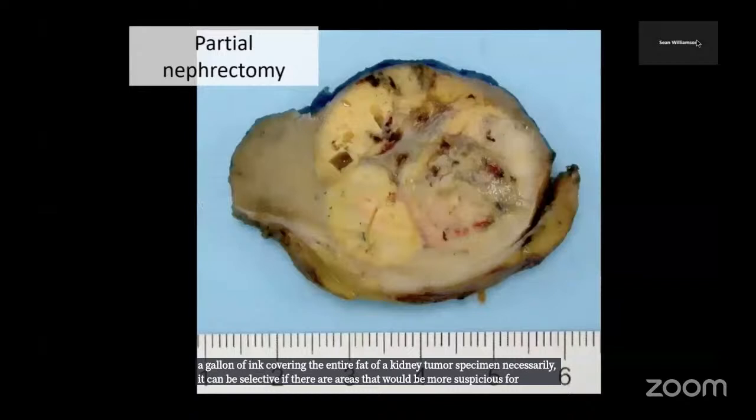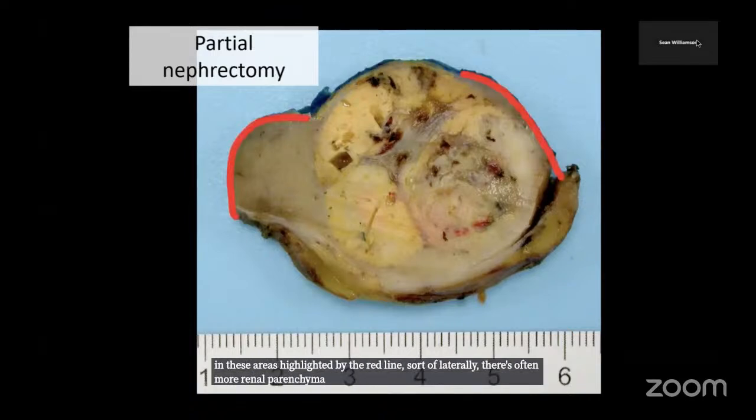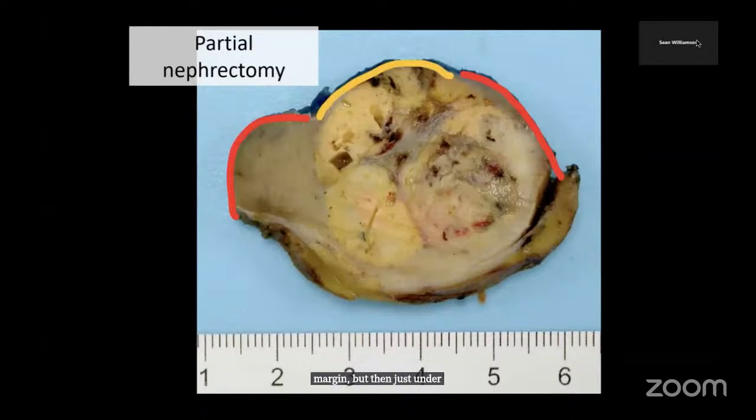the tumor. In a partial nephrectomy specimen, often I see specimens that look like this. You can see the golden yellow tumor there. In these areas highlighted by the red line, laterally, there's often more renal parenchyma margin. But then just under the tumor in this area highlighted by the yellow is where the tumor is more likely